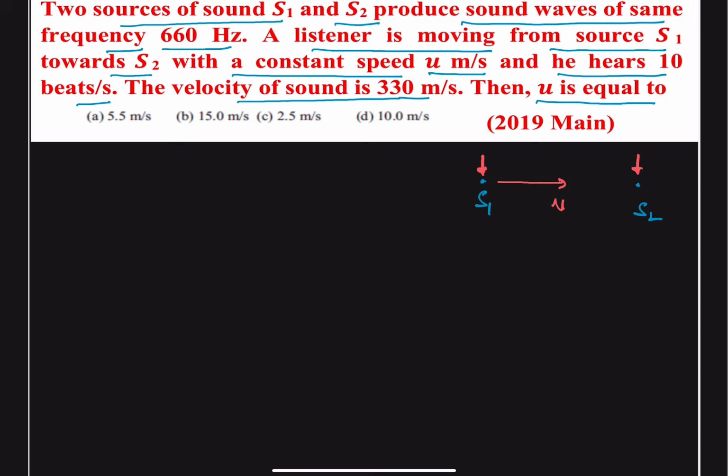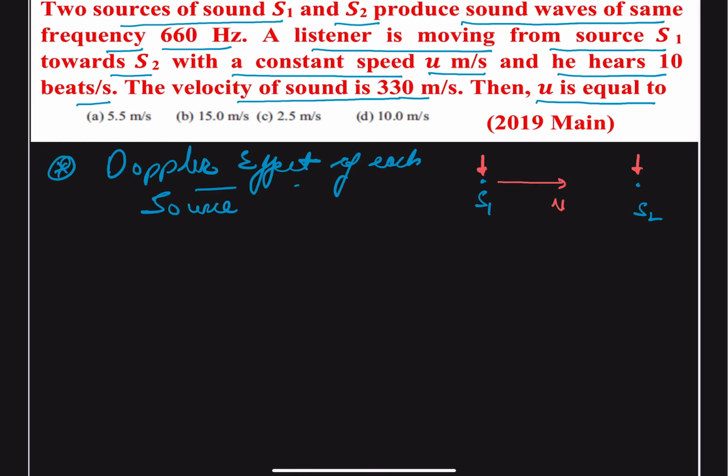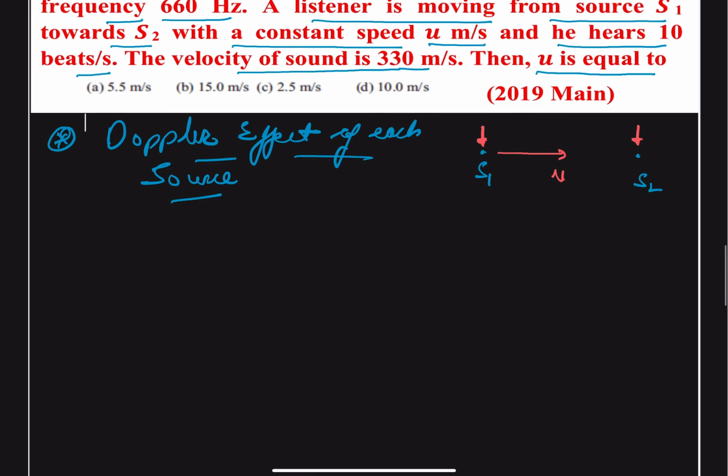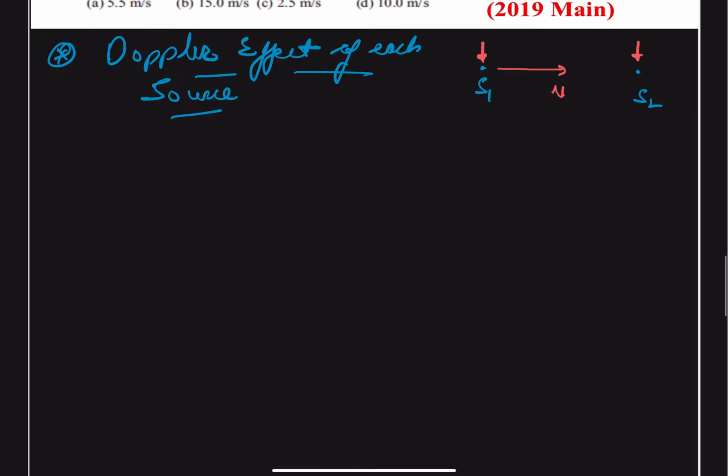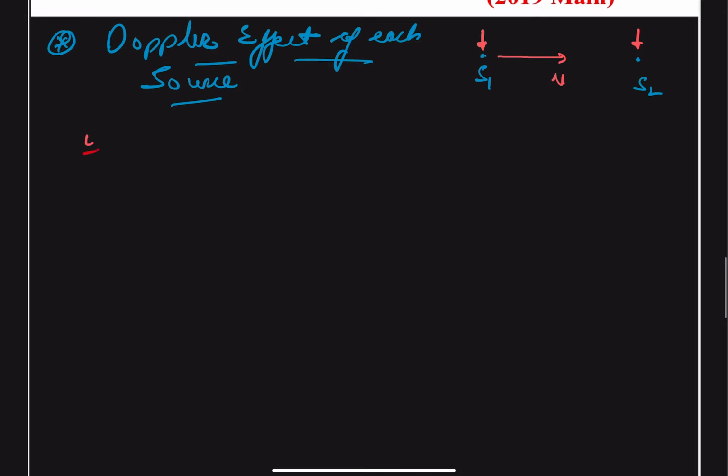So let us start from the Doppler effect equation of each source. First we do it for source S1, and we say the apparent frequency